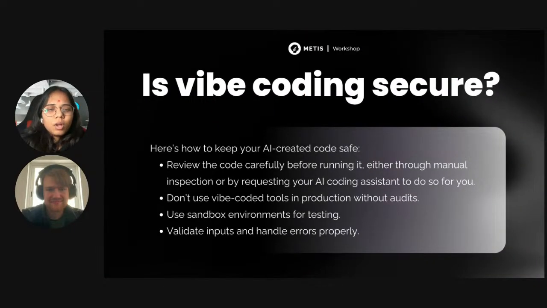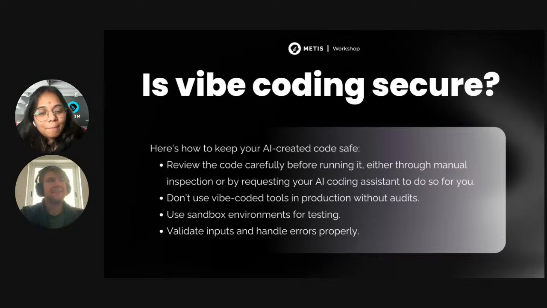And okay, is vibe coding secure? So what is your thought, Pavel, on whether it is secure or not? Yeah, I don't think the goal of vibe coding is necessarily to create secure applications.